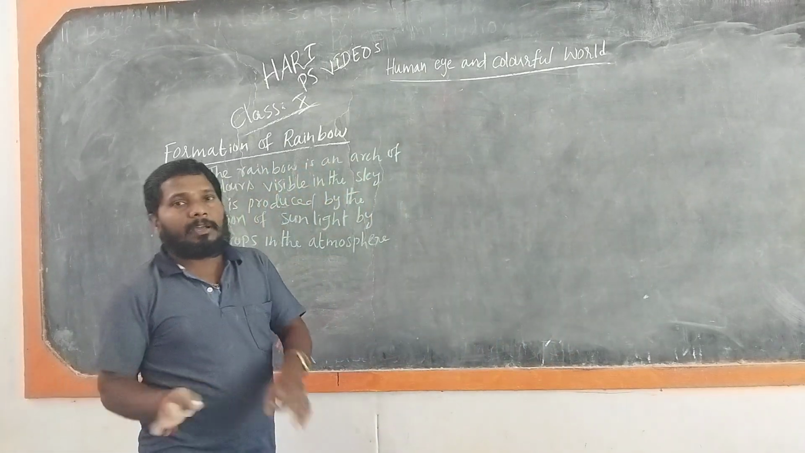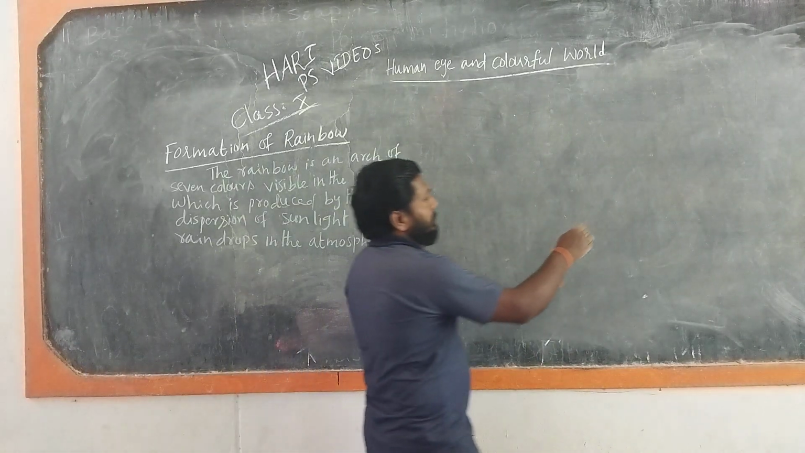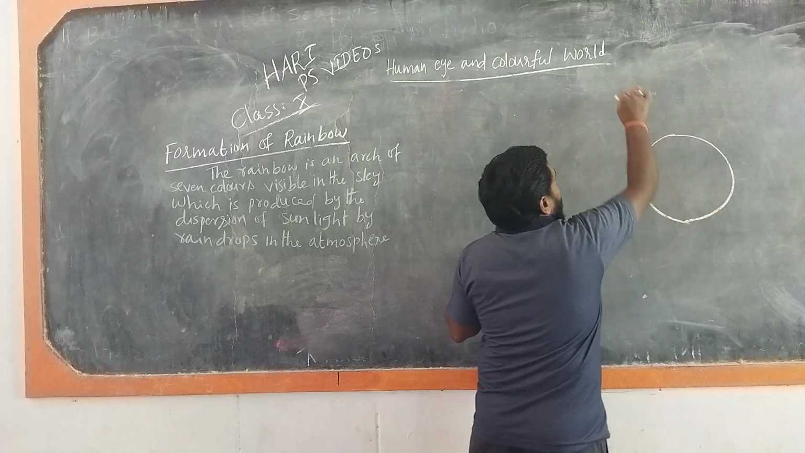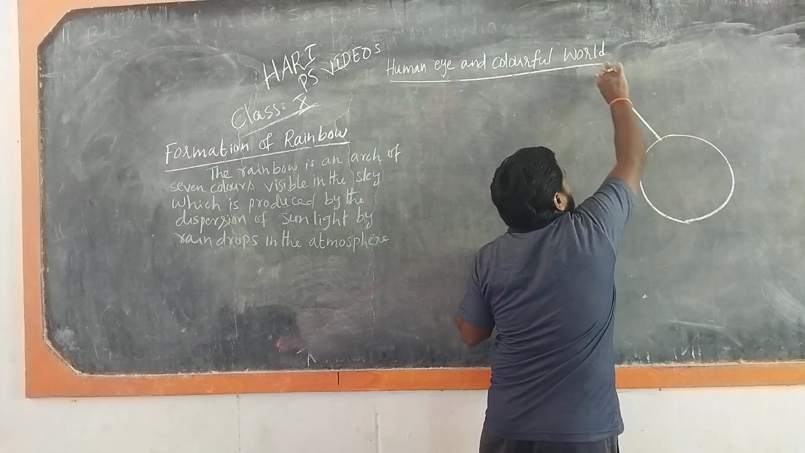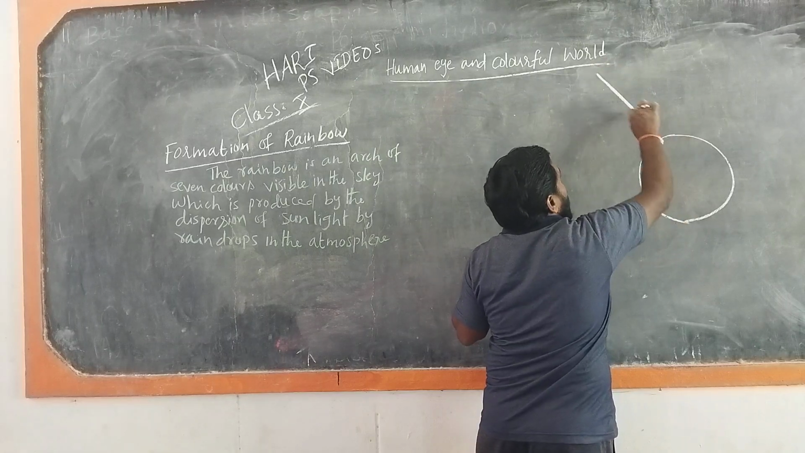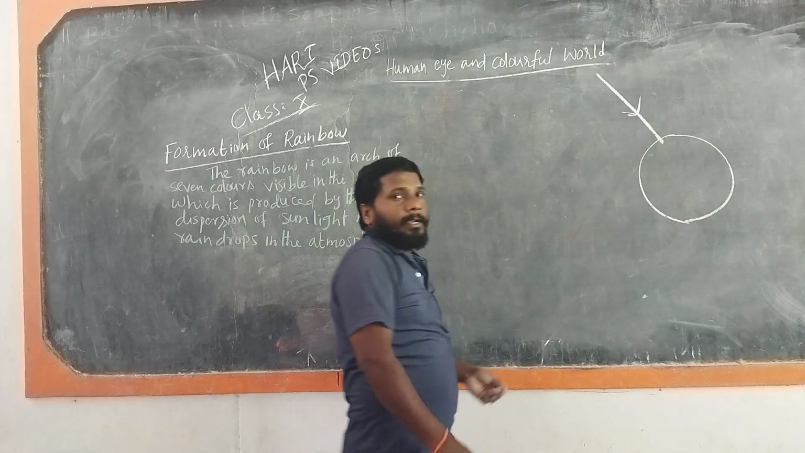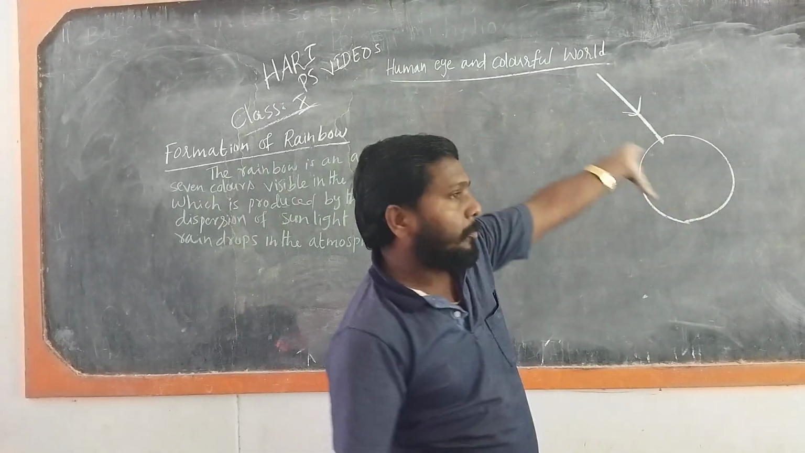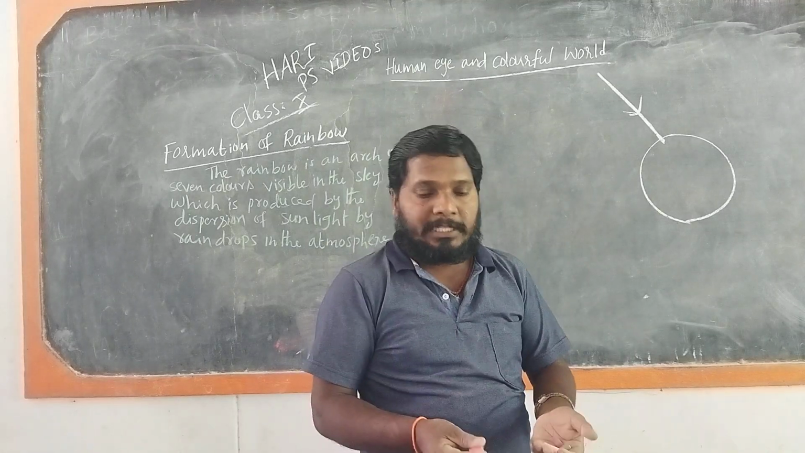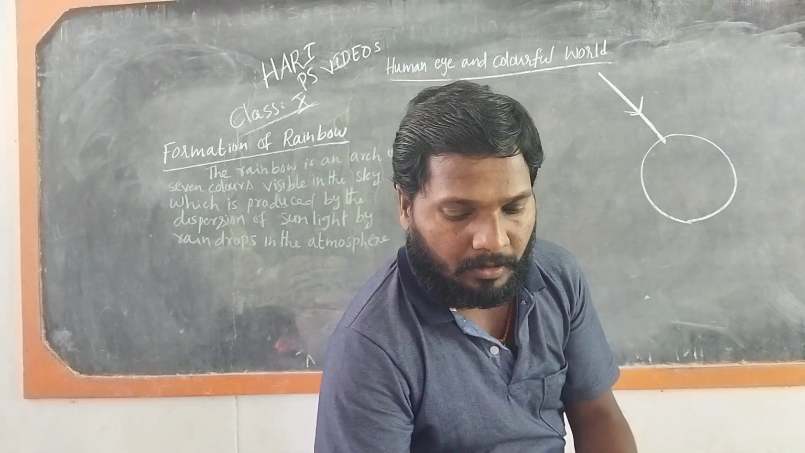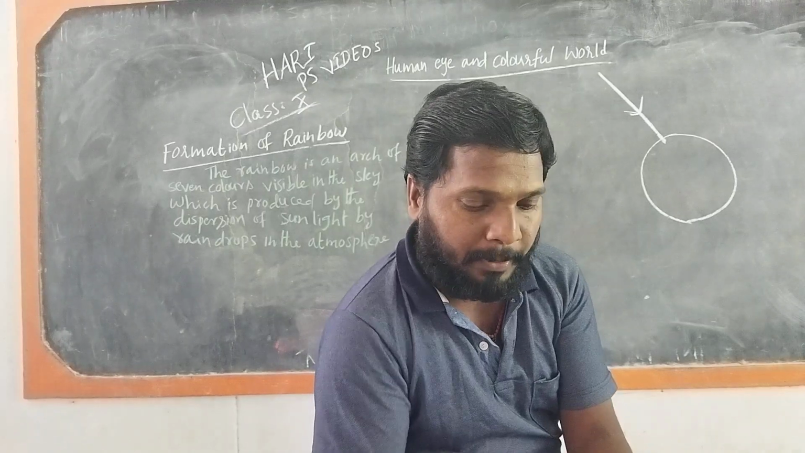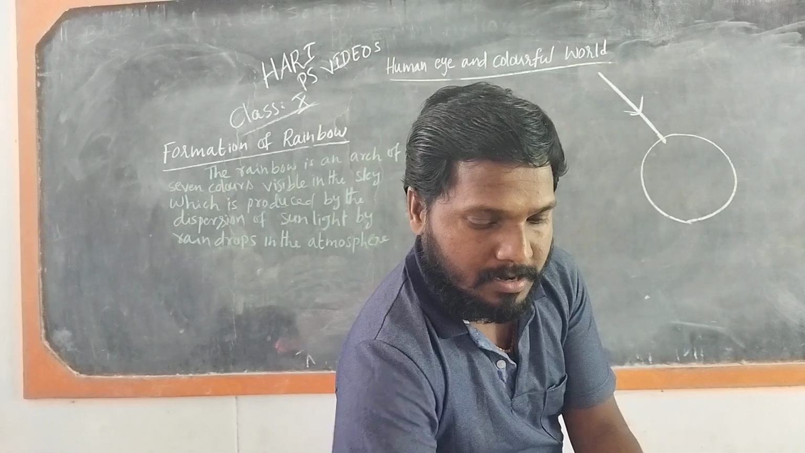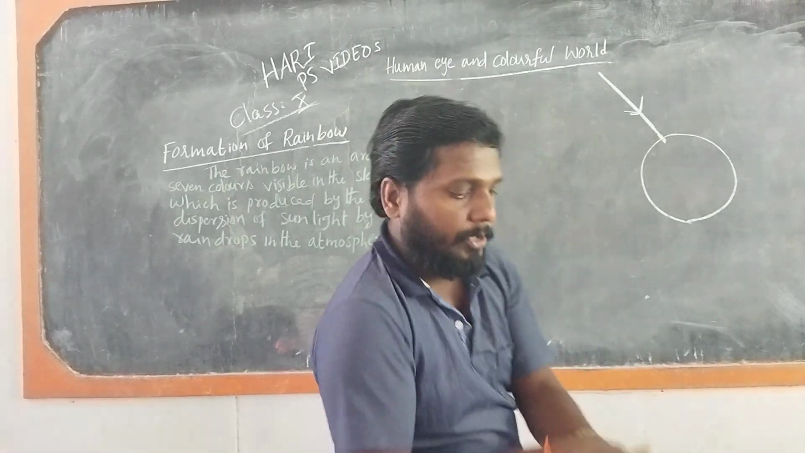So how does the dispersion of light take place? Let's consider a raindrop. If white light is incident on or passes through the raindrop, what will happen? It goes from one medium to another medium, so refraction takes place. Here the light is dispersed into 7